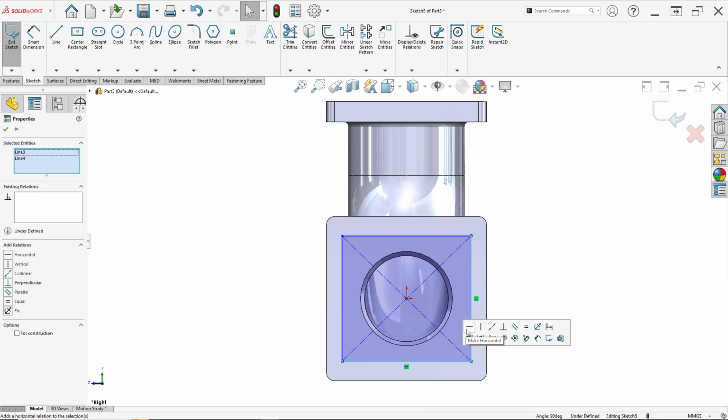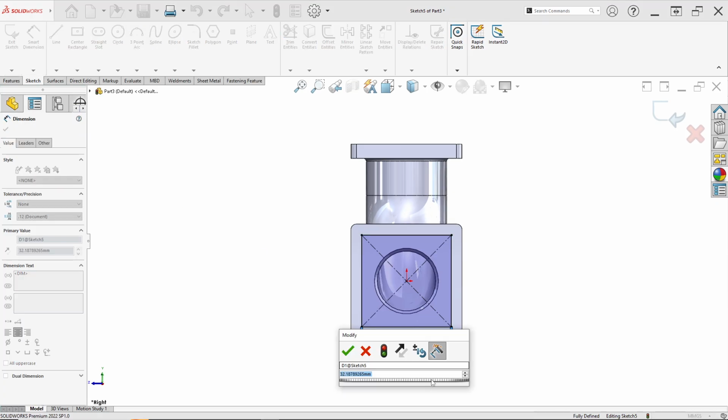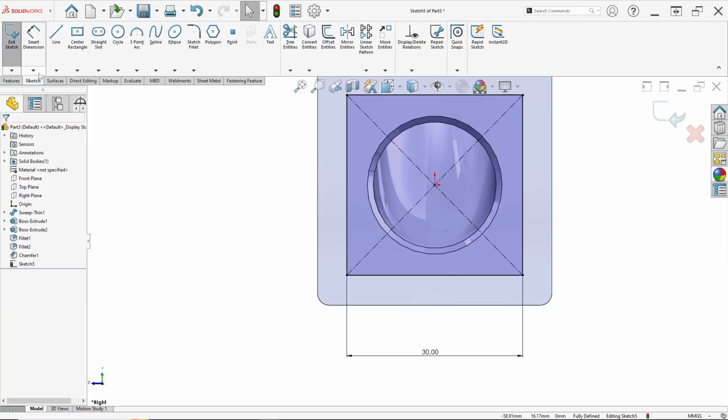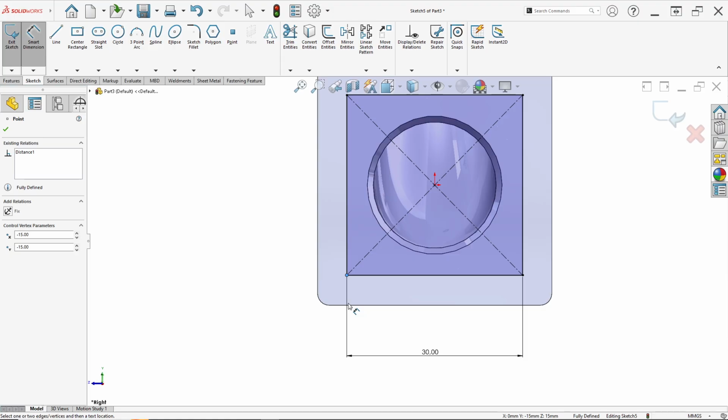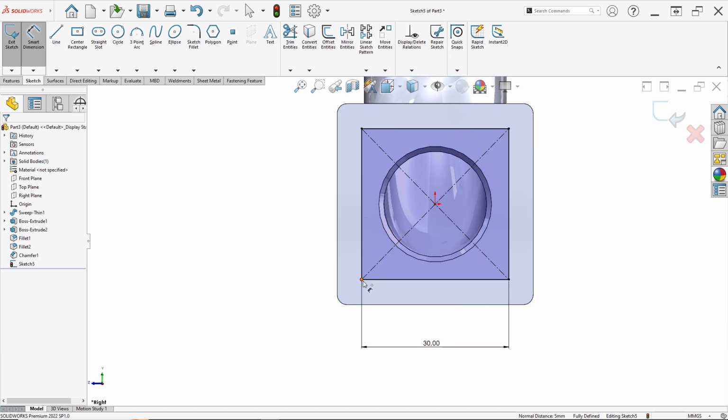This line and this line, click make equal and set the dimension to 30 millimeter. We can see the distance from this to this edge is 5 millimeter and this point to this is 5 millimeter.